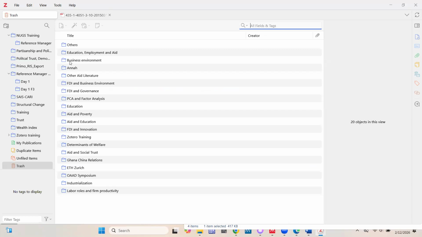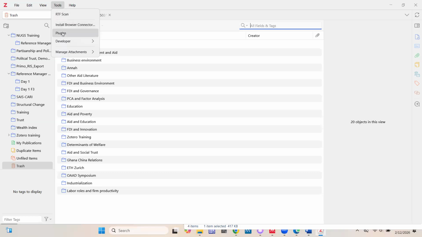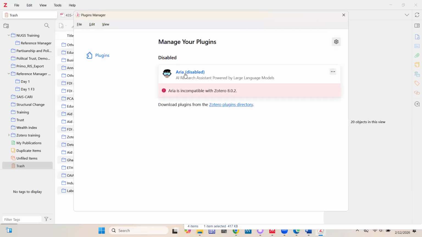It is a very cool AI plugin that you can use in your Zotero. It's called Aria. I had it in the previous versions of Zotero. It was a cool tool you can use to gather thoughts.